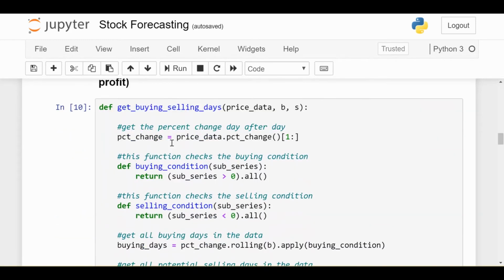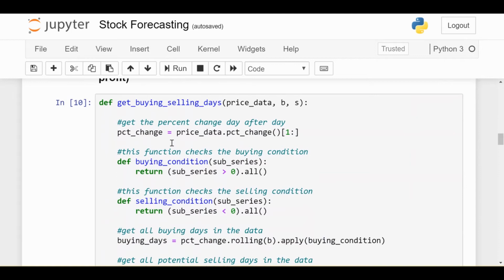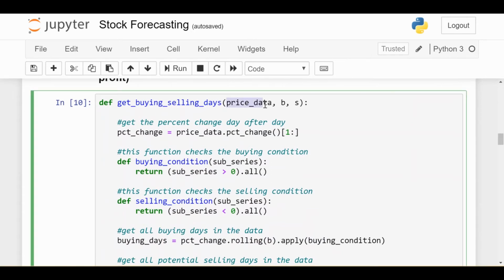Now, I'm not going to go too much into the code. I think it's something that you can read for yourself, and I've added tons of comments to help you. But the first function we're going to look at is get buying selling days. And this basically takes in your price data,